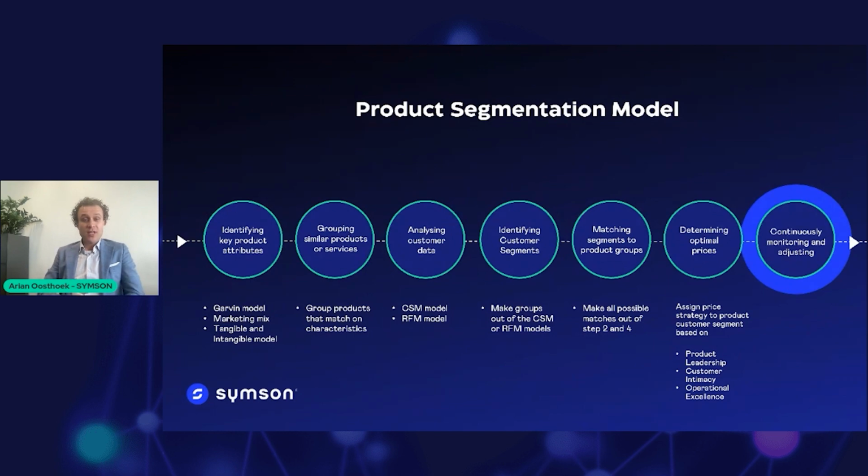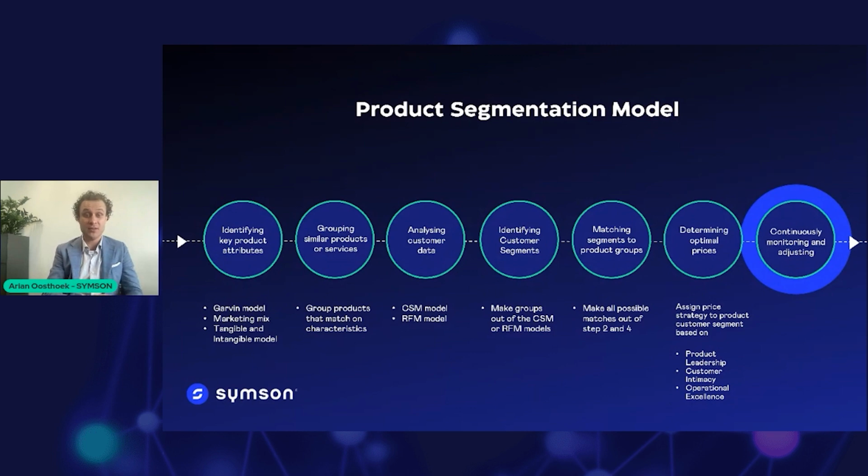So this is more a summary slide. Vincent started explaining how you can identify key product attributes to segment your products. He discussed several models for this. We explained how you can group these products based upon similar behavior so that you have clear products, for example,